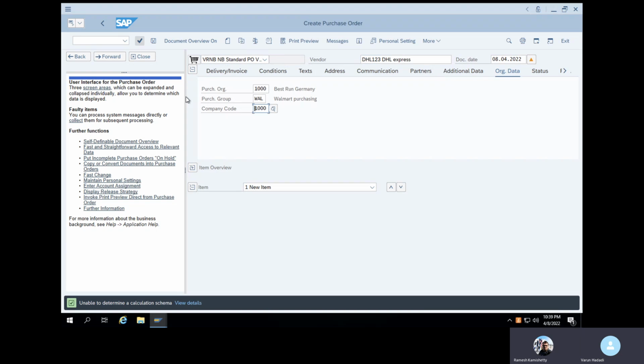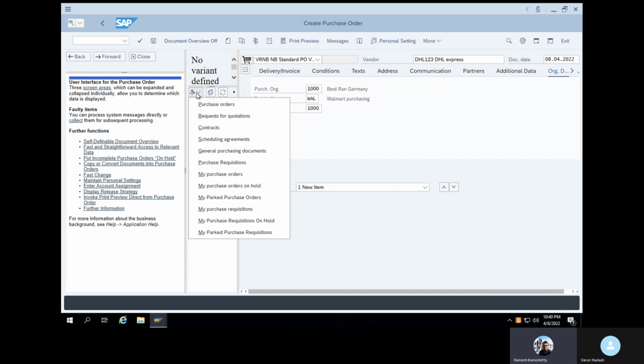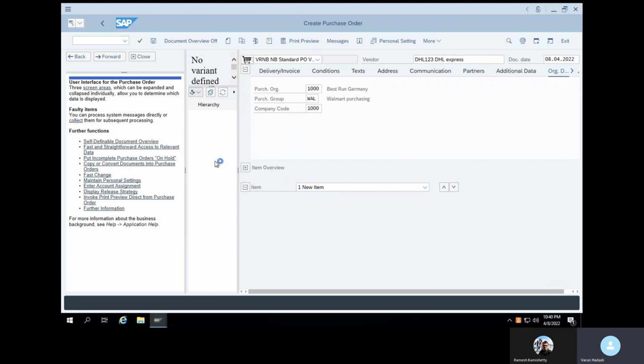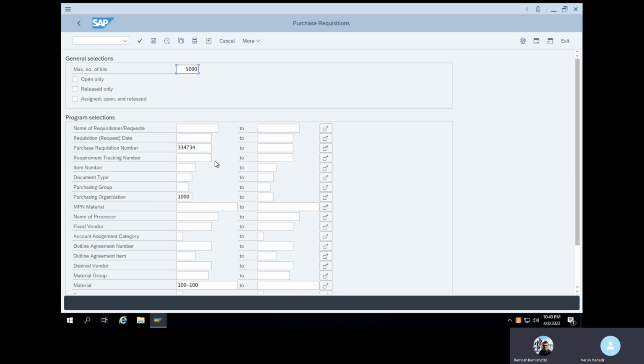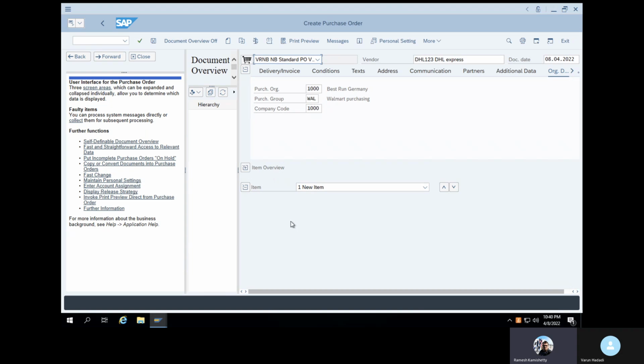Now just press enter. Do one thing. Click on the document overview at the top. Click on that tree symbol, the hierarchy. Three symbols are there. Click there. Select purchase requisitions. Execute it. Nothing is coming up. You created one purchase requisition.